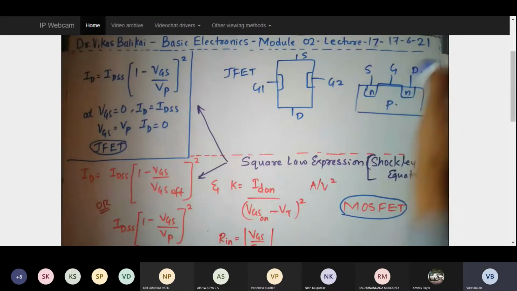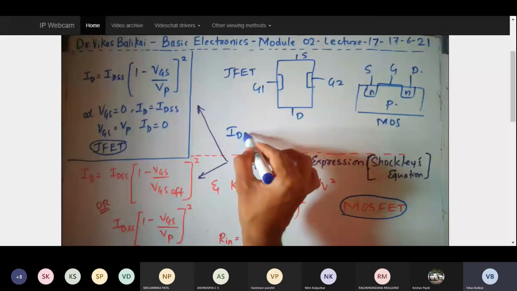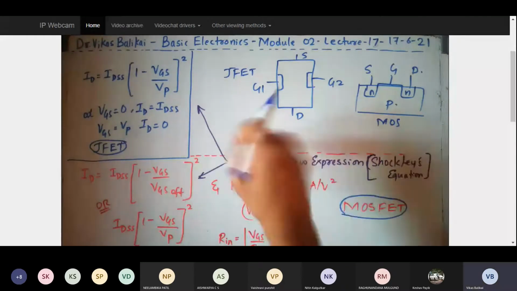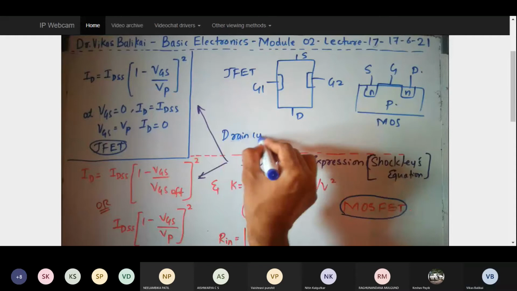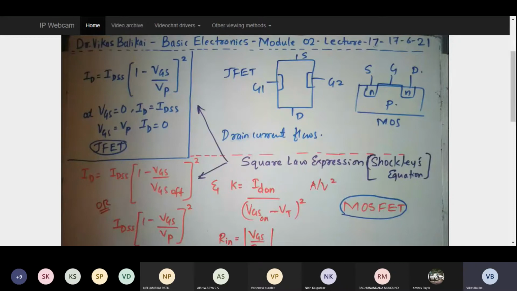That is, if I talk about JFET or MOSFET, when does my drain current, that is ID, flow? And when I say the drain current flows, I'll be taking the convention that it flows from source to drain. It also means that the positive current will be flowing from drain to source, but I'll be considering the current from source to drain. So when we talked about JFET and MOSFET, our prime objective is to ensure current has to flow.